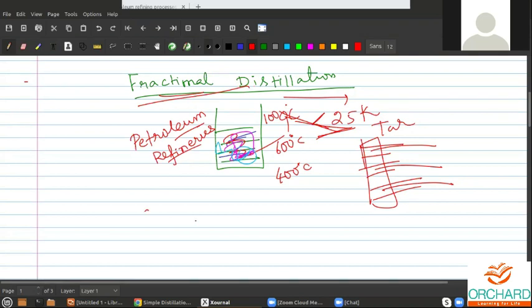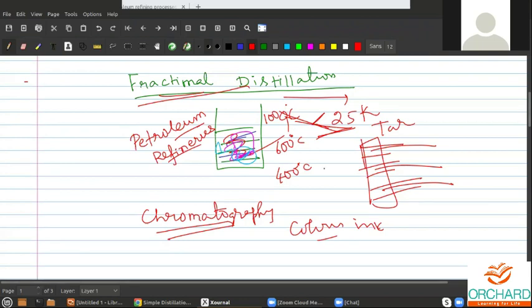Another technique is called chromatography. This is used to separate different colors in dyes. Dyes and color inks are made out of different solutes in different solvents. You can separate those using chromatography or paper chromatography. Now let us watch what simple distillation is and what fractional distillation is. I will be showing the video of the petroleum refining industry.